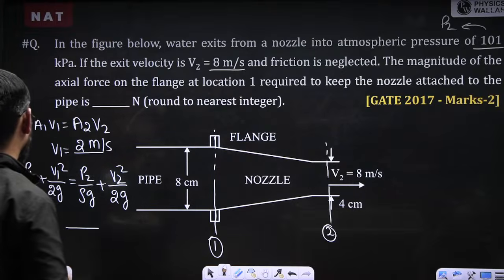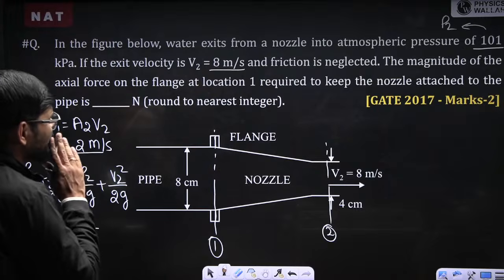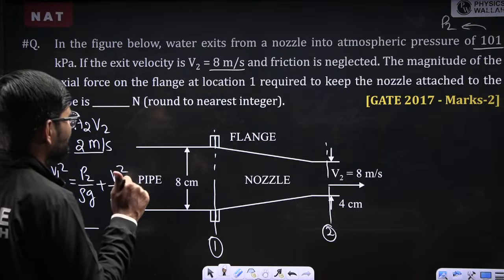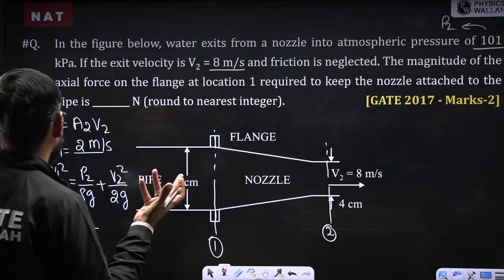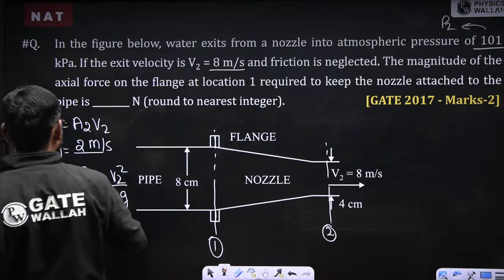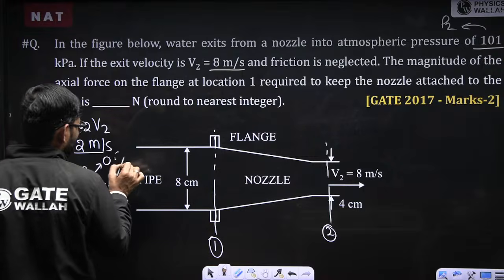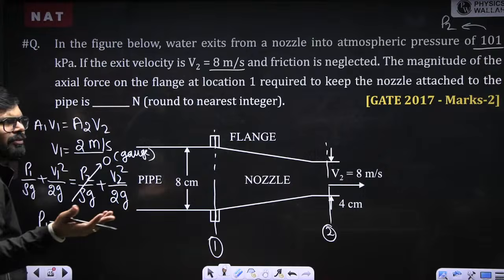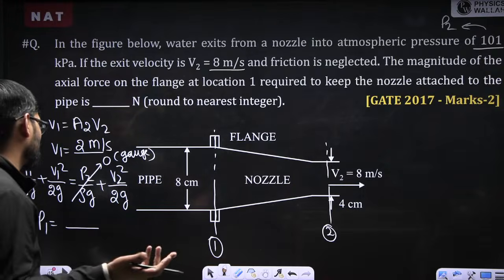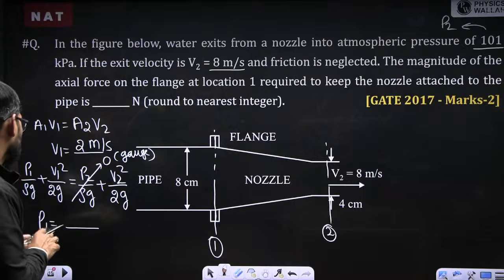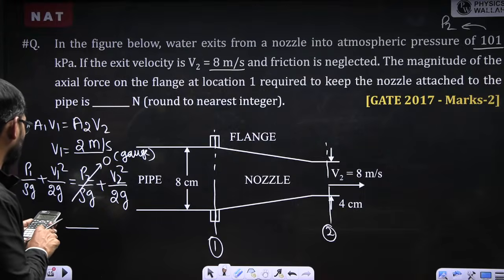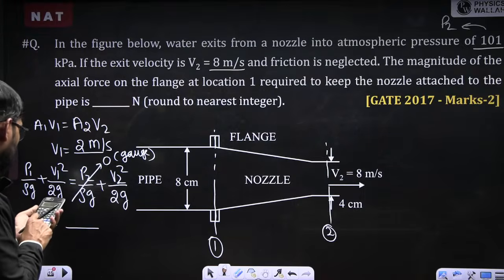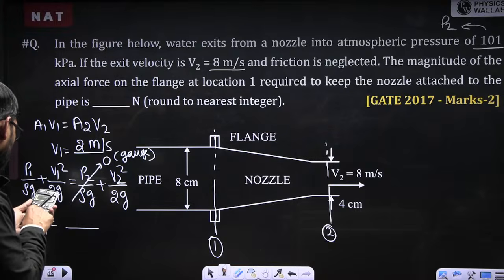V2 square minus V1 square. If I take it as 0, should I consider gauge pressure? P2 minus P1 is what we need. So P2 value I am taking 0. Why? Because I am taking gauge pressure, since anyhow we require P2 minus P1 only, right? So P2 value is 0. So V2 square, 8 square